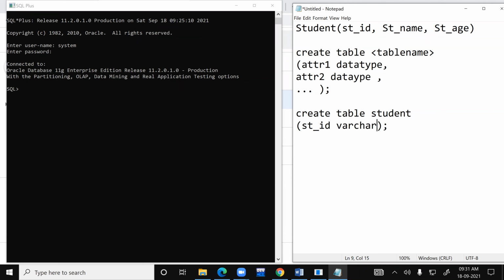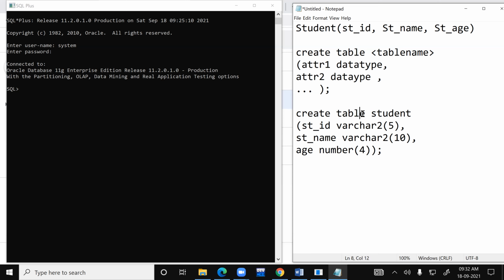I can go for varchar. See, varchar itself, you have varchar 2 or whatever. Go for whichever you want. Let's say I'll give varchar 5. The second one is what? Student name. So I'll give student underscore name. Varchar 2, let me give a bigger space for that. 10. And then I even have age. Age, let's say age will always be a number. Number 4. Yeah. So this is how I will be creating a table.